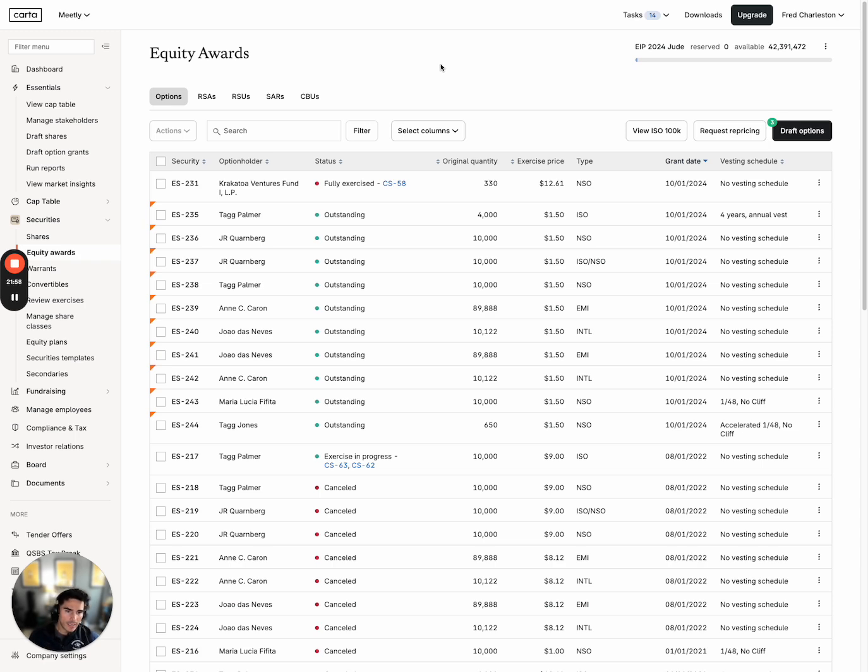Option grants are very easy to draft and issue, just like a stock certificate. The process is almost identical, with a handful of different inputs but some similar inputs. Similarly, you can modify the